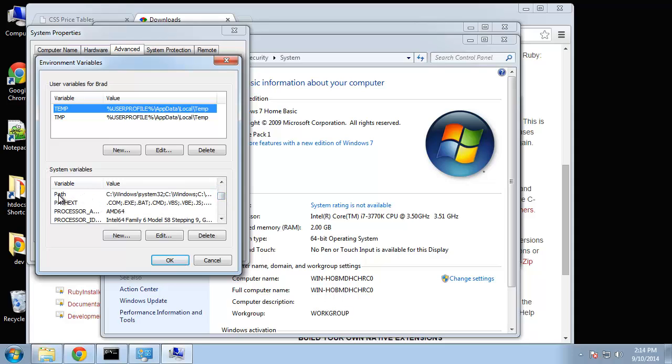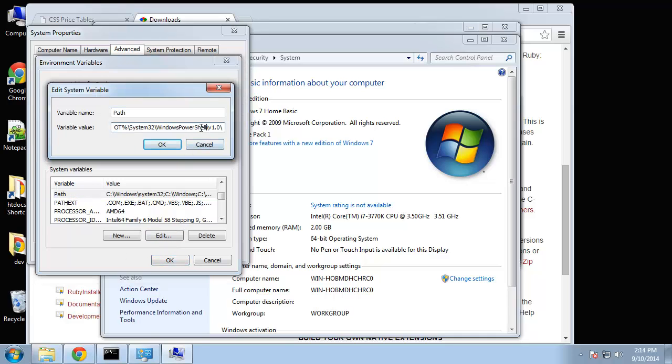You can see variable path. Sorry about that. So highlight that and then edit, and basically you want to go to the end of the line here, the last place you can go, and then put a semicolon, and then the location of the Ruby bin file, which in my case is going to be in my C drive, so C colon